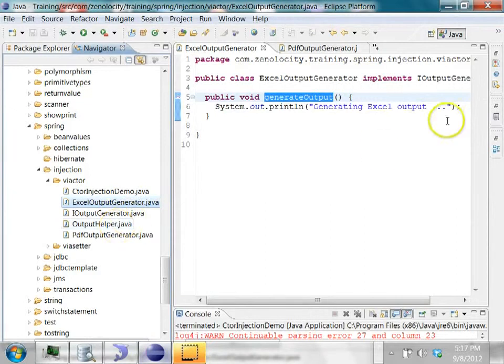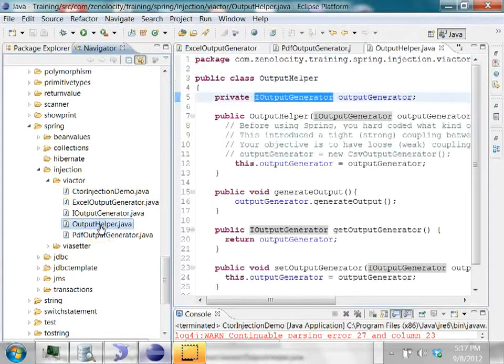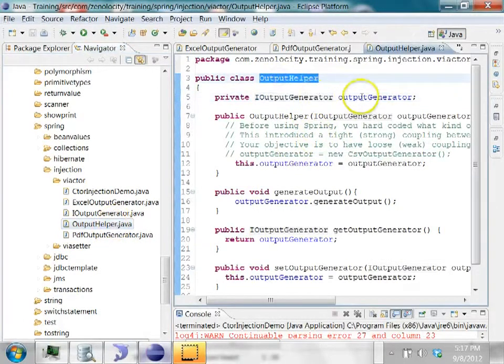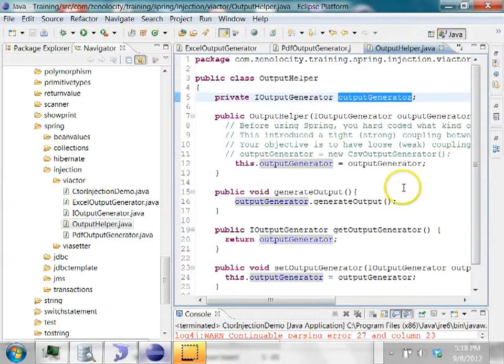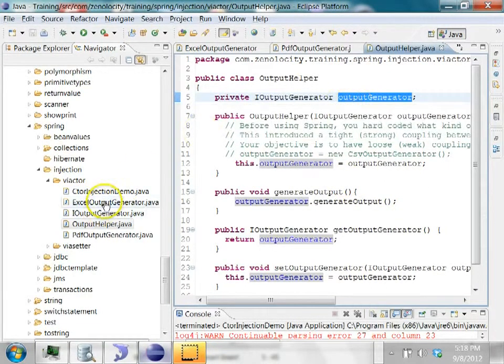Okay, and this iOutputGenerator is used by the output helper class. So there is a dependency between the output helper class and the output generator classes. But if you see in this code, in the output helper class, the output generator is never hard coded to either of these two. It is neither hard coded to the Excel output generator, nor to the PDF output generator.